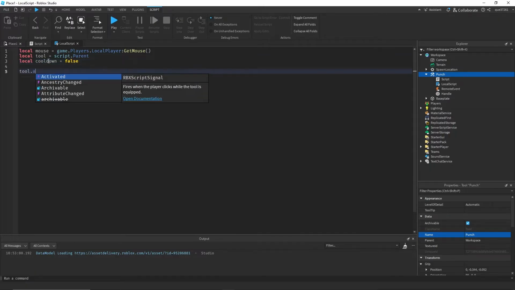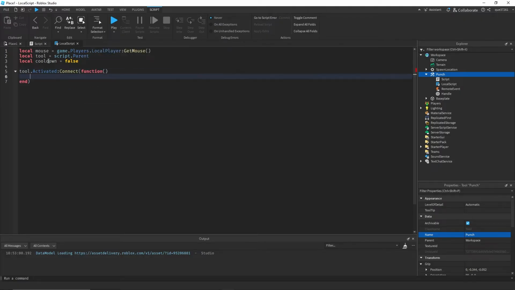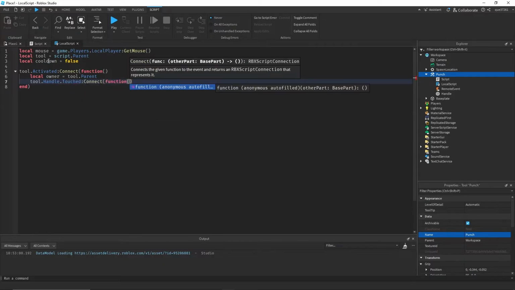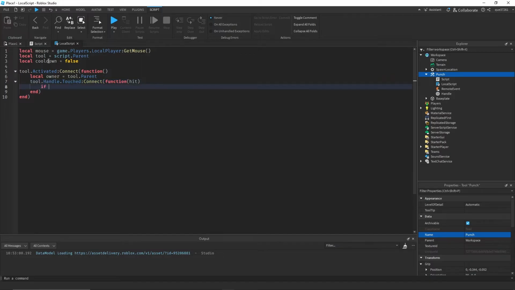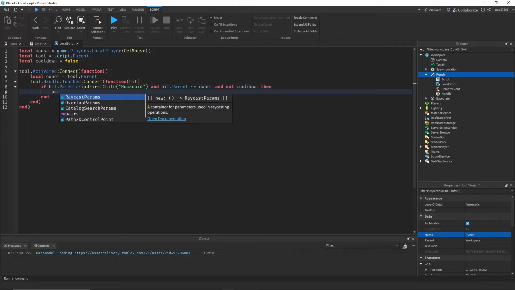And we'll do tool.Activated:Connect(function(), local owner = tool.Parent, tool.Handle.Touched:Connect(function(hit), and then we'll say if hit.Parent:FindFirstChild("Humanoid") and hit.Parent is not equal to owner and not cooldown, then we'll say we can print, we'll print the